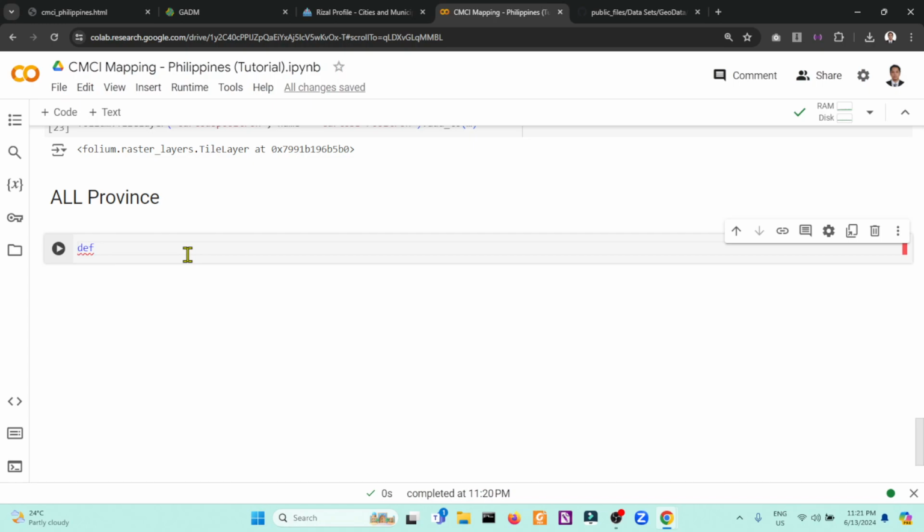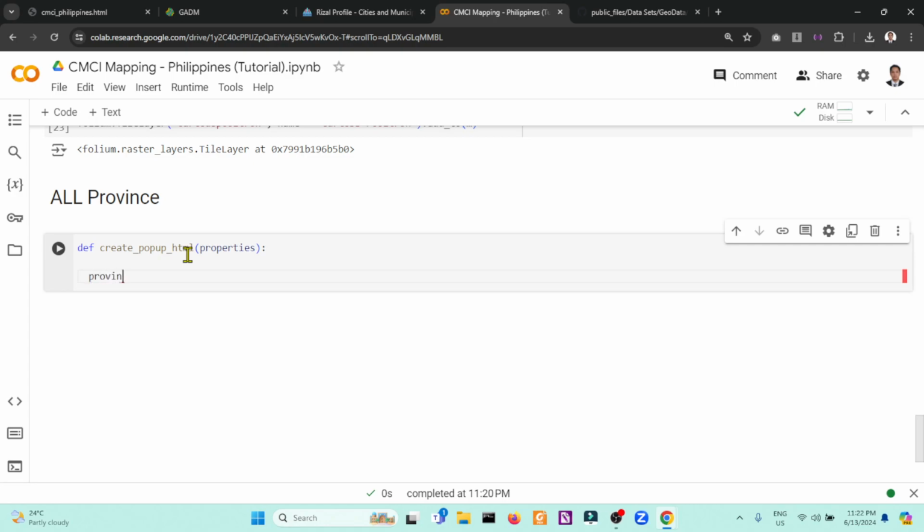In order to define a function in Python, you need the keyword def. Then we will create a popup HTML function which accepts the parameter properties. Instead of using the native popup style, we'll customize it so that in the future, if you want to style an HTML popup specifically, let's say you want to add more images to the tooltip, you can do so.